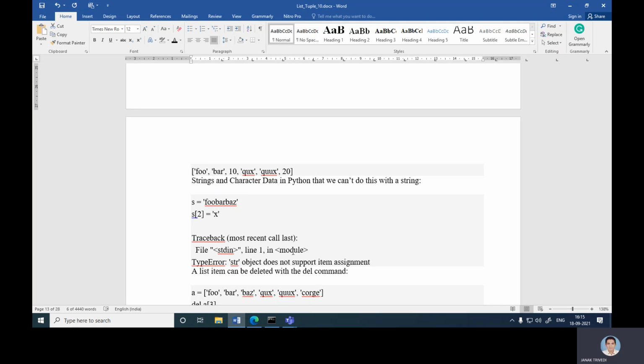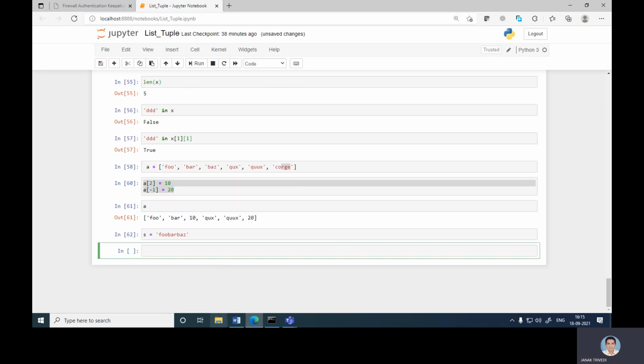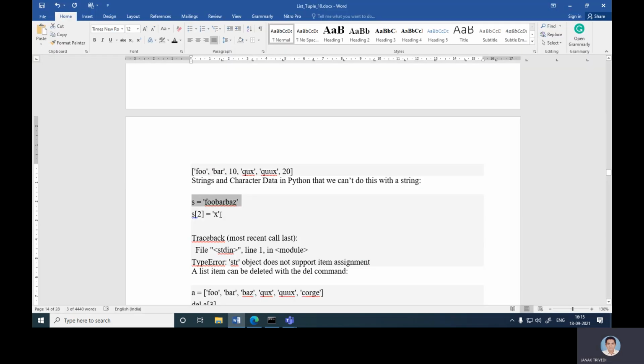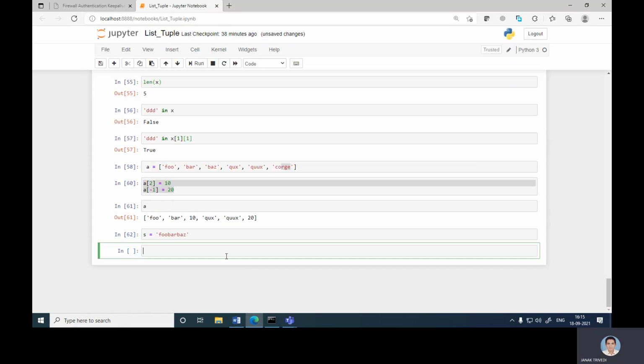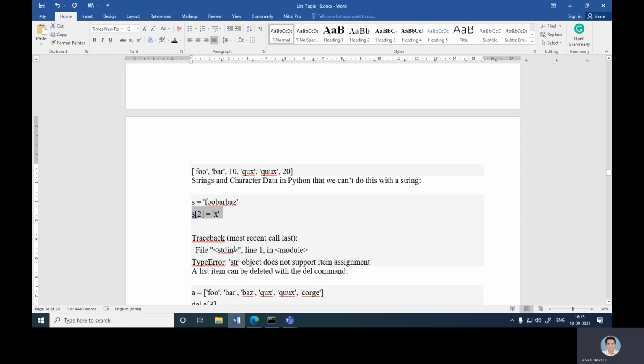Strings and character data in Python, we can't do this with strings. Like s is 'bar', then s[2] equals 'x', like second. Then this is the error.